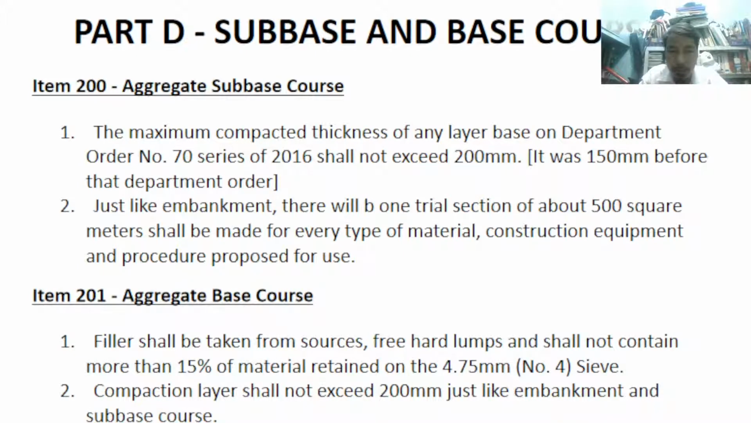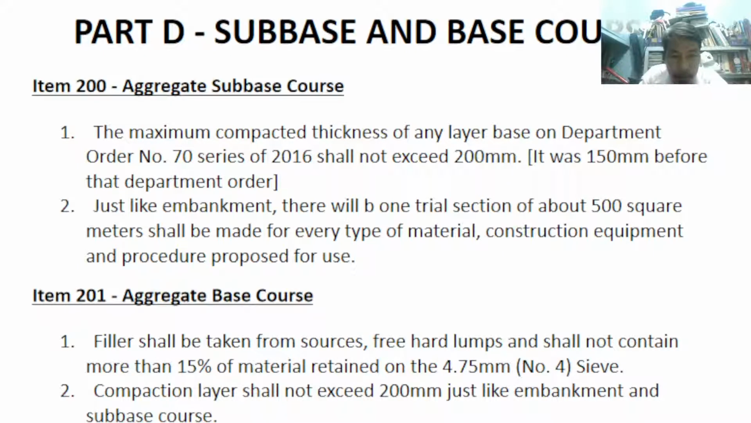So for item 201, aggregate base course. We are now on the base, so layer C, D, E, F. Filler shall be taken from sources. So filler, that is the layer F. Of course, that is included as the base course. That is layer F on the